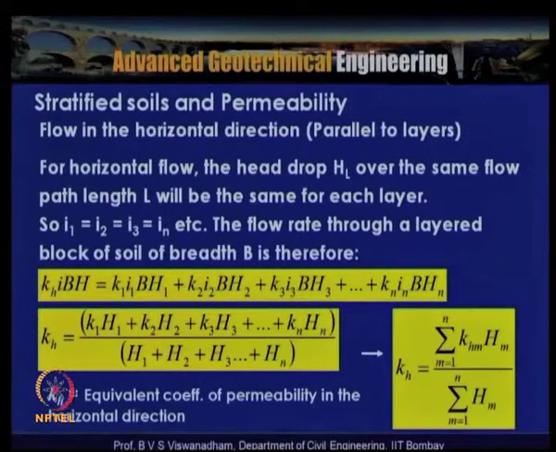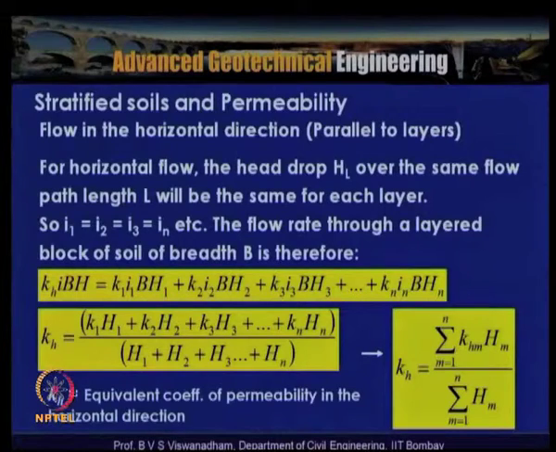With that we can say KiA, where KH is the equivalent permeability in the horizontal direction, i is the hydraulic gradient, H is the thickness of the soil strata, and B is the breadth perpendicular to the plane of the figure. So, KiA is nothing but KH i B H. Similarly, for layer 1 we can write K1 I1 B H1, and for layer 2, K2 I B H2.